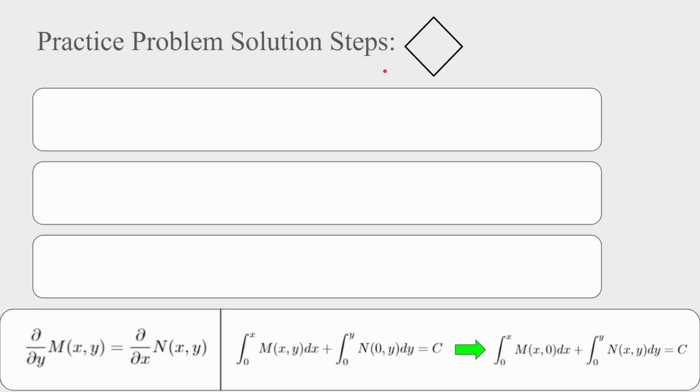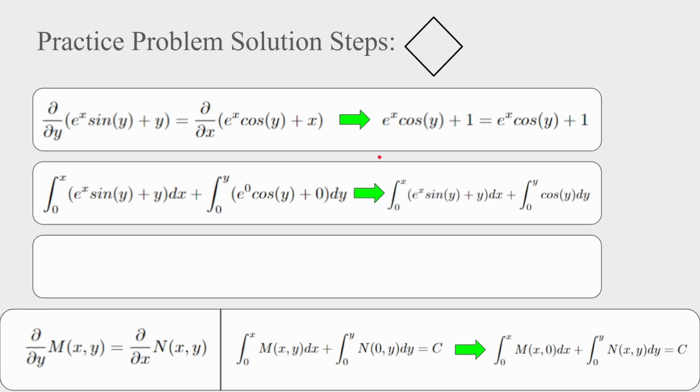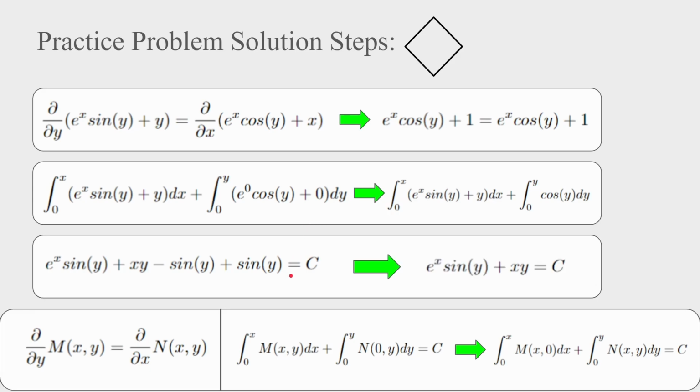Okay, and now I'll provide to you the solution steps for equation number 2. Very good. So, first we check for exactness. Then we find out that it is exact. Then we just integrate, simply and respectively to each variable. Awesome, wonderful. Evaluate the integrals. Evaluate the bounds. And that's it. And we can simplify that up, and it's awesome. There are actually a few ways to solve these partial differential equations when it comes to integrating. People have their own ways of doing it, but